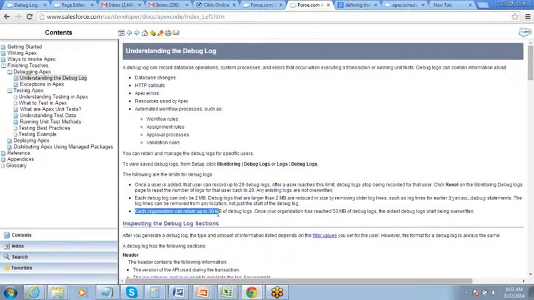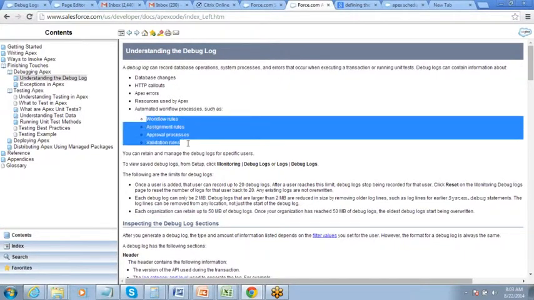So this is all that is monitored. I think it will be good for you to remember these things at least, because sometimes you might have a question in 401 regarding what all things will be tracked in a debug log. Apex is not a part of 401, but this is all from the declarative side, so this part can be a question: what all things can be tracked on a debug log.